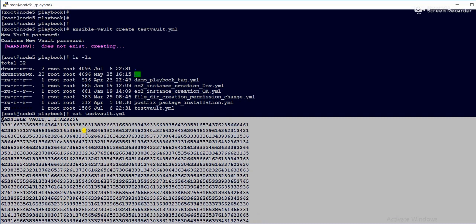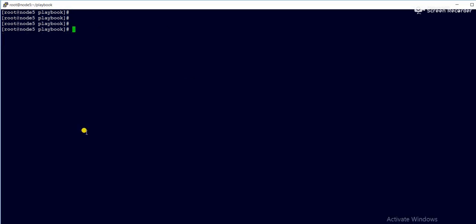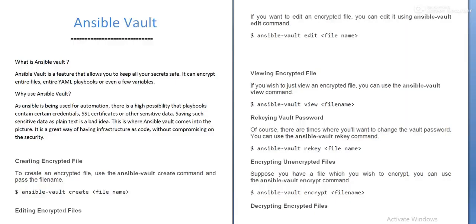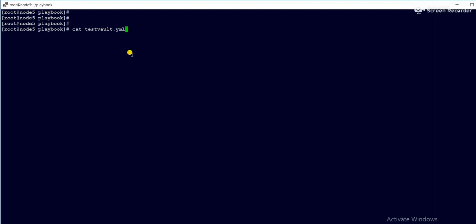First we learned ansible-vault create with the file name for a new file. Now if you want to edit something in the file, you have to give ansible-vault edit and then the file name. So now we'll go to the edit part.